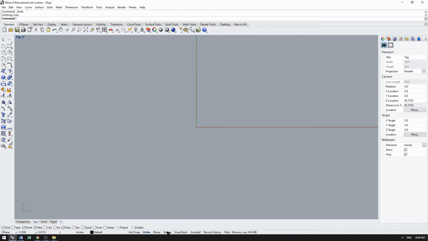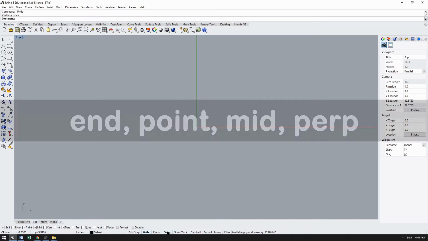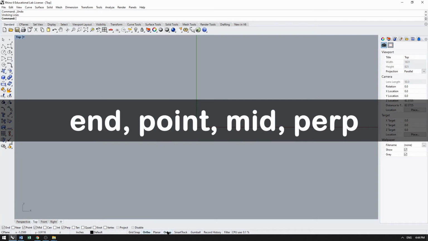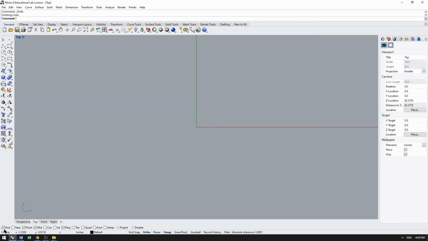Then select which reference points you would like to snap to. I recommend always leaving on end, point, mid, and perp. You may toggle these reference points on or off at any point while you are drawing, depending on your specific